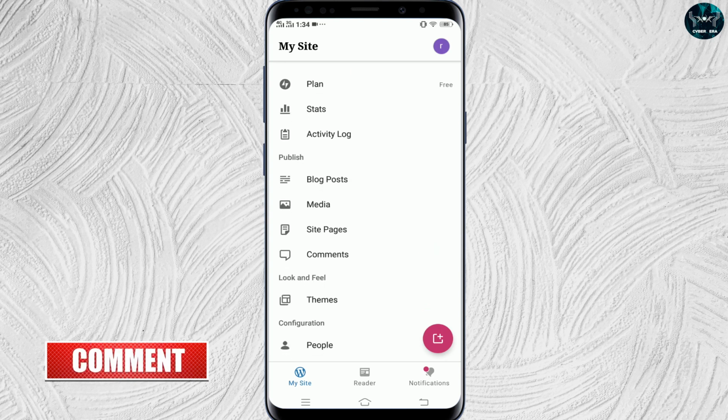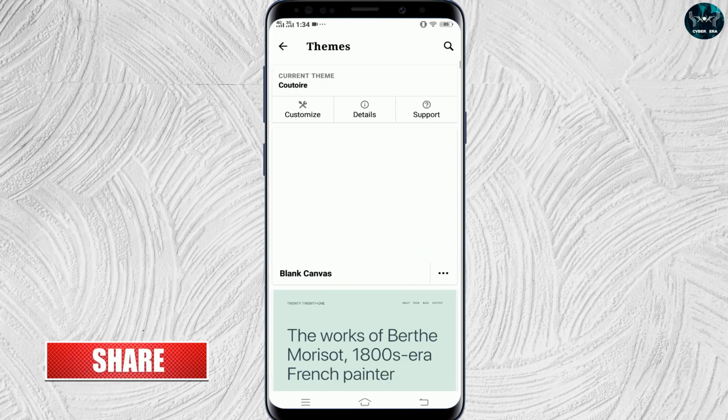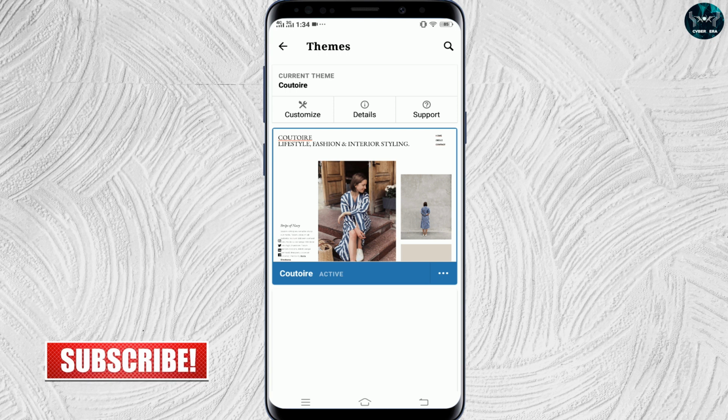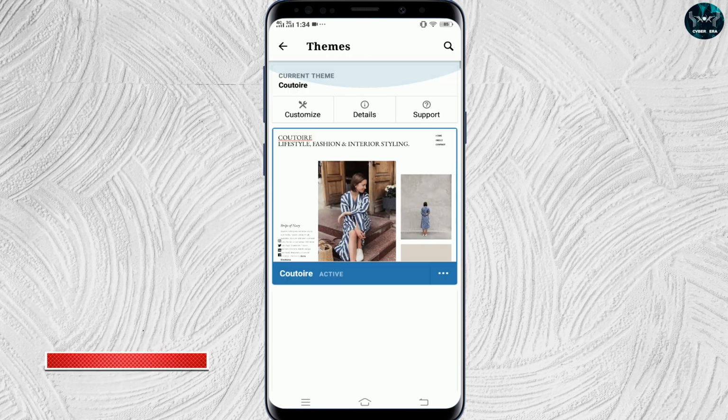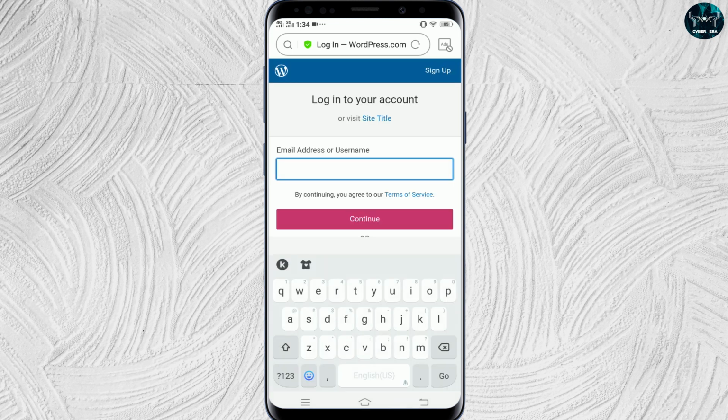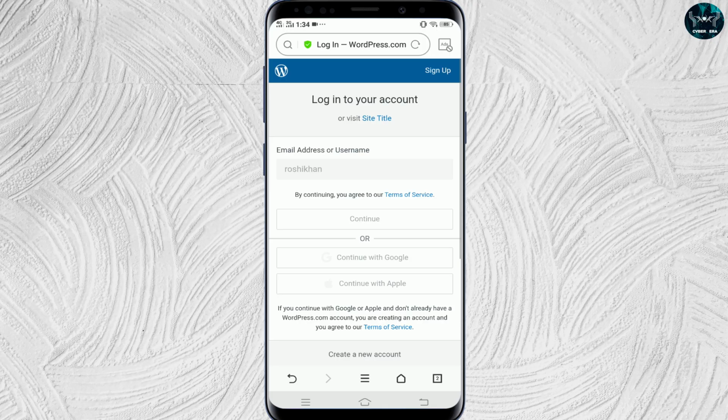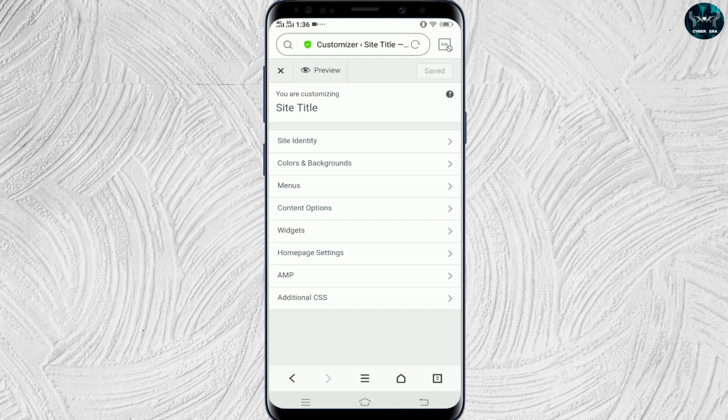Okay, now further I want to change my theme settings. What I will do, just simply go to look and feel theme, and in themes option, here are several different themes and your current active theme. As you can see, the status is active. I didn't want to change my theme, I want to edit my current theme. So what I have to do, simply click on customize and it will take us to the wordpress.com, which is a desktop version. Okay, enter your username which you have created in WordPress app, click on continue and type in your password here. Okay, now here you can see I jumped up into the menu where I can really customize my current theme which is applied to my current website.